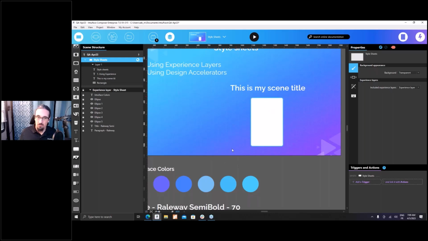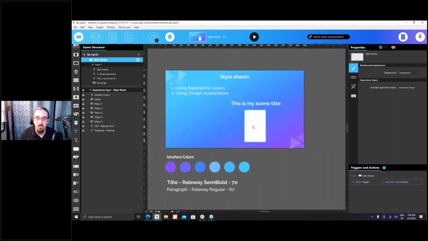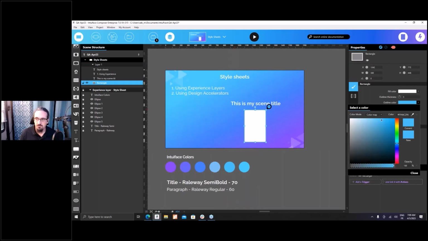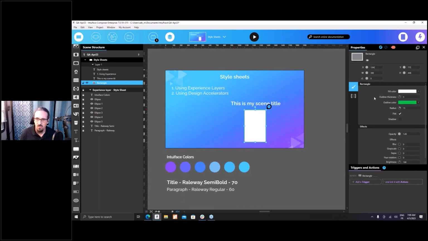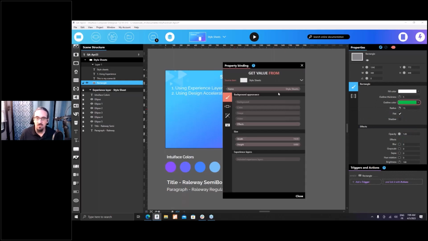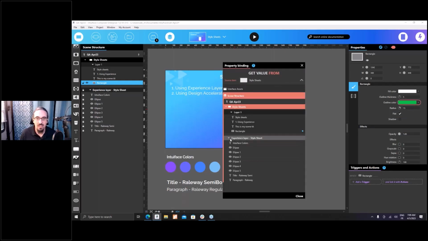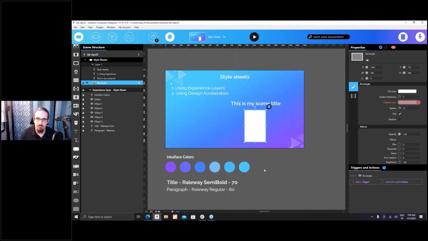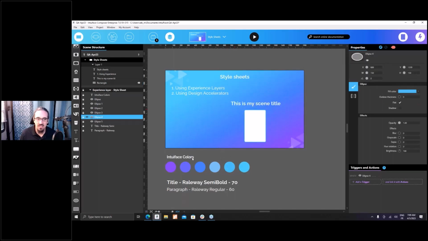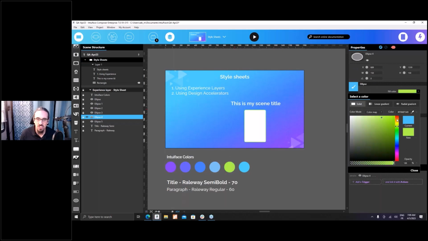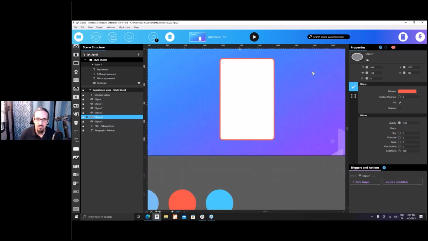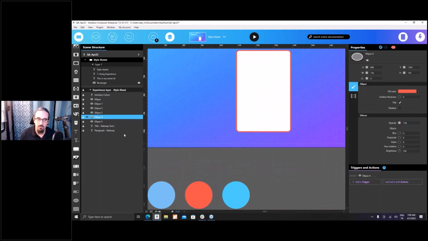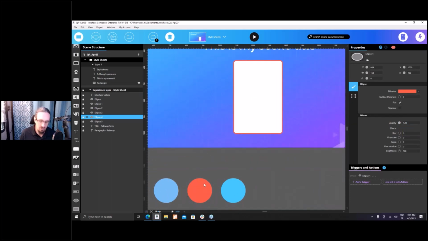If you have a doubt, or if you think this color might change or this font might change, what you can do instead is, scratch that, I'm going to select a weird color, use a binding. So if you use a binding here on this outline color, you can do a binding on your experience layer. That was my ellipse 4, I believe, and fill color. Now I'm back to blue. If I select the ellipse number 4 and I change this color, you can see that the two are changing at the same time. I just broke my design, but